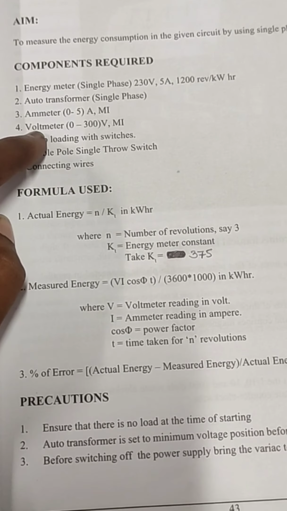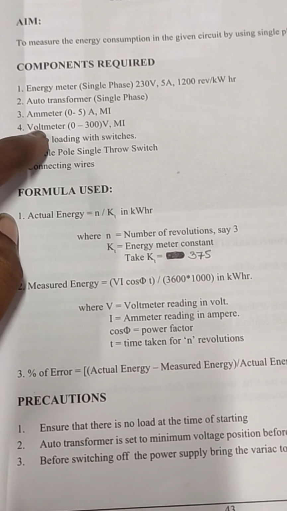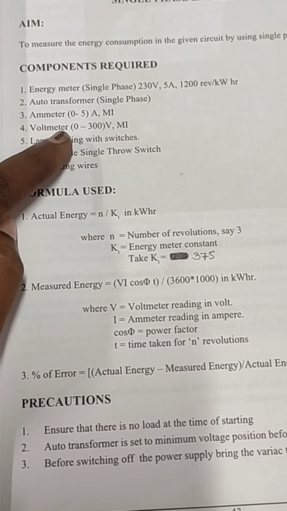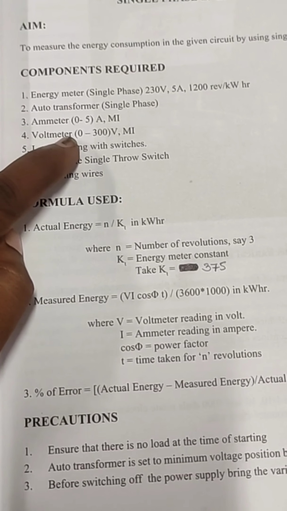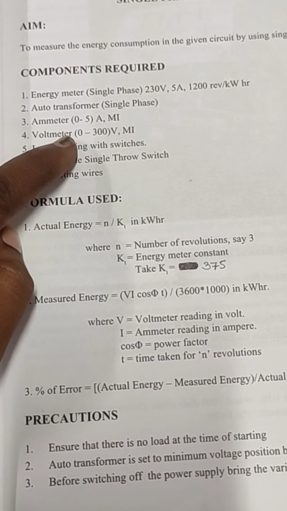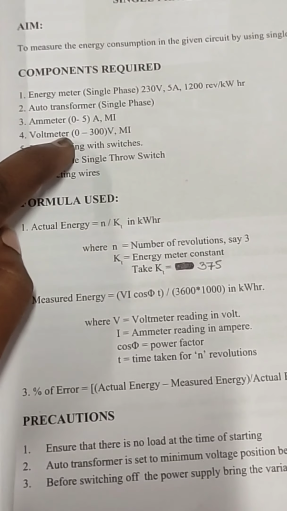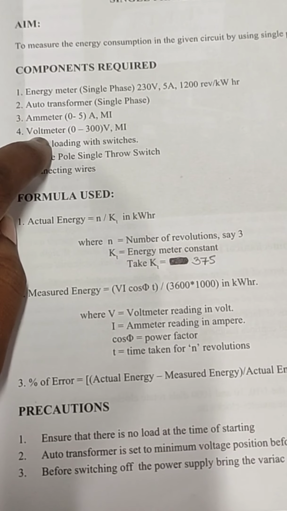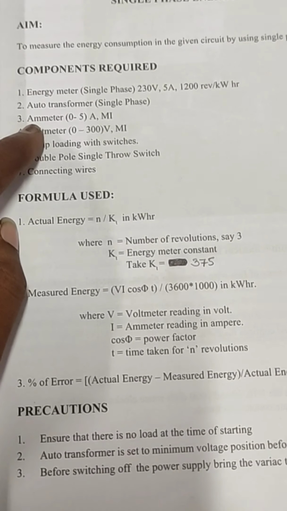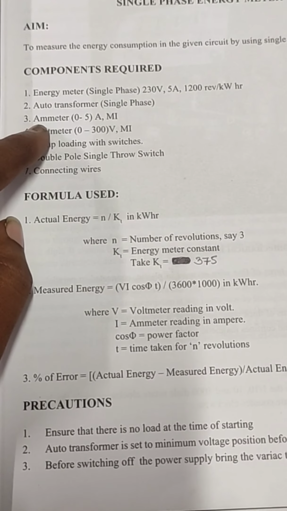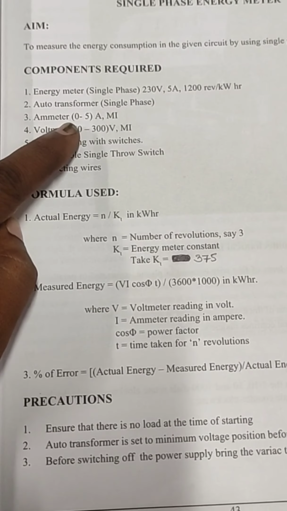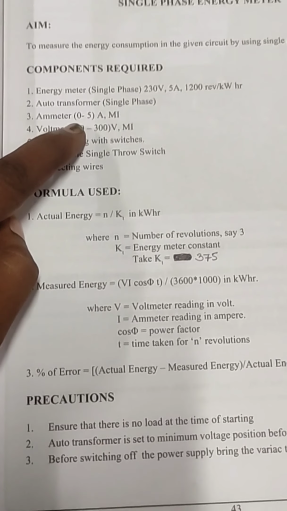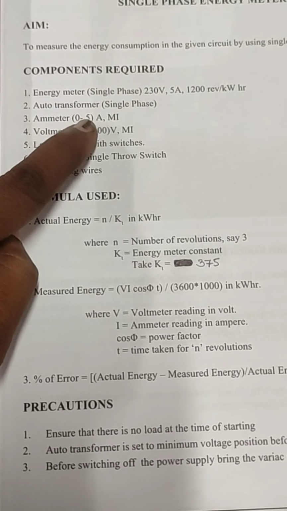Since we are dealing with AC voltage, we have a rated voltage of 230. In an instrument, we have multiples of 75 or multiples of 150. We don't have exactly a 230 volt measuring range, so we take a voltmeter range of 0 to 300. The same way, in residences, when working with a simple load, it must have a minimum of 5 ampere capacity. So we are taking an ammeter with a range of 0 to 5 ampere.